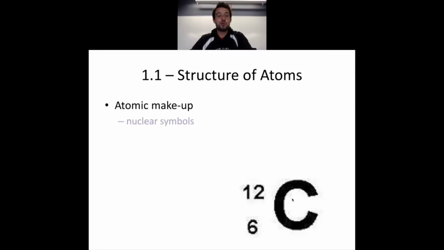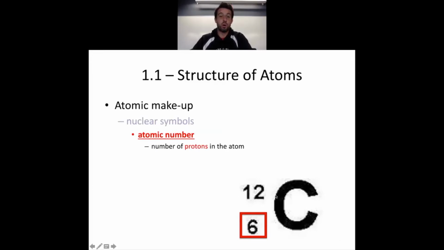Okay, now we're going to talk about nuclear symbols. Or sorry, no we're not. We already talked about that. Now we're going to talk about atomic number. Atomic number is the 6 down here. That stands for the number of protons. So when we say number of protons, we could also say atomic number. Those two things are the same. They mean the same thing. So atomic number is the same thing as the number of protons in an